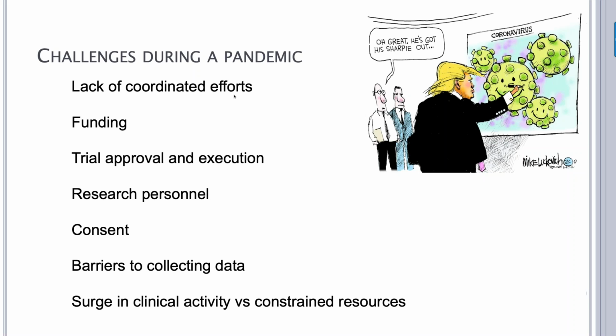We also recognize that in patients who can't provide their own informed consent, access to substitute decision makers and family members can be challenged in an environment where we don't allow family to come in to see their patients. And then we recognize that there are also barriers to collecting data, and therefore a need for pragmatic trials using readily available information, and, very important, perhaps less granular outcome measures requiring larger numbers of patients.